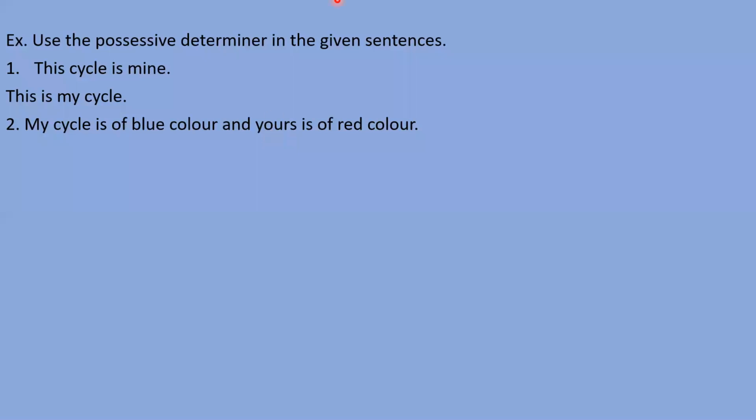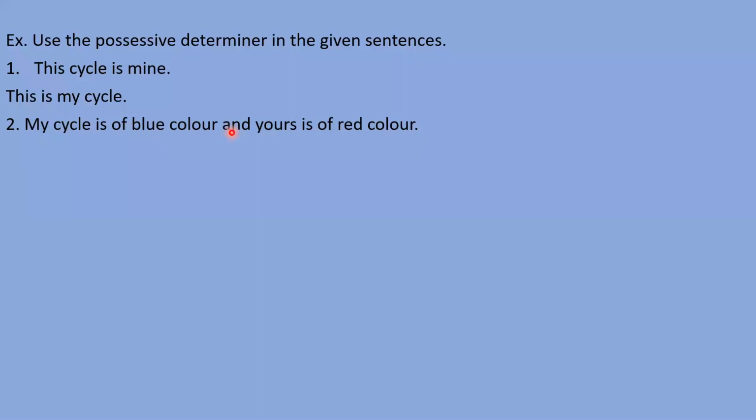Hello, Sanchi. I was saying to you, my is already a possessive determiner there, because after my you can see a noun is there. So determiners always come before the noun, right? But yours is not. Yours is possessive, but it is not a determiner. It is a pronoun. So instead of this pronoun, you have to use a possessive determiner. So rewrite this sentence like I have done the first sentence for you.